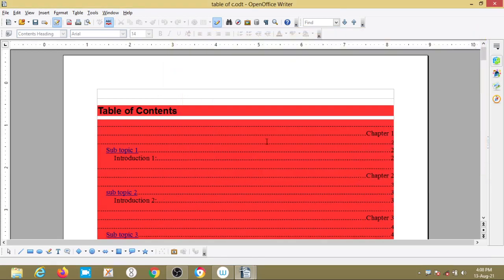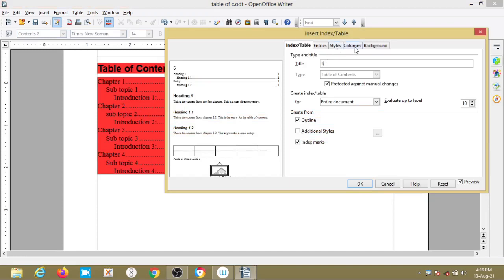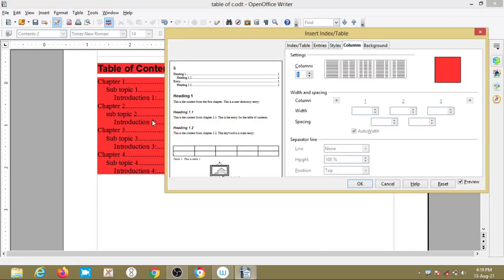Okay, so wait. Next we will move on to the columns. Column means if I want to give one column or two columns. If I want to change this one column to two columns. I already told you a column is a grouping of cells. It runs from top to bottom. So selecting the column, we can change the things here. I want two columns, right? Like this it will come. If I want three columns, like this it will come. Then 4 columns, 5 columns.